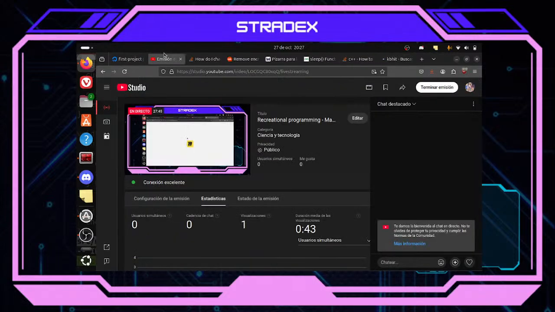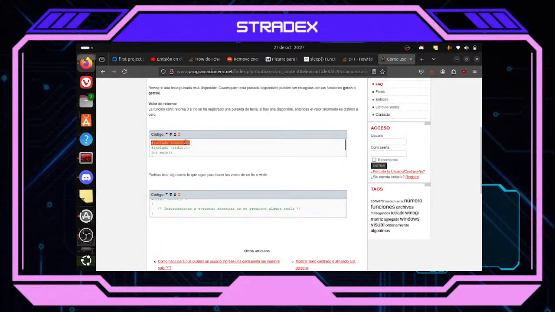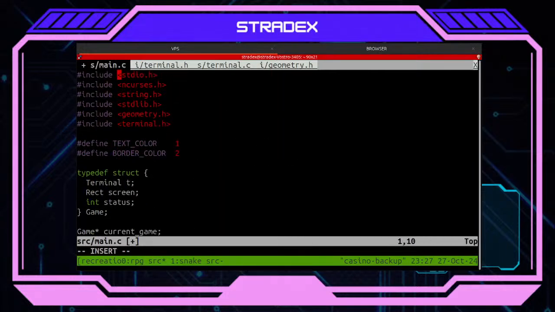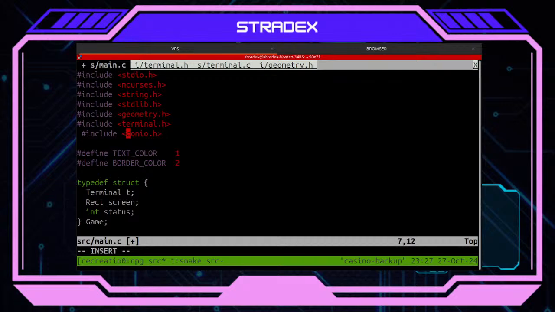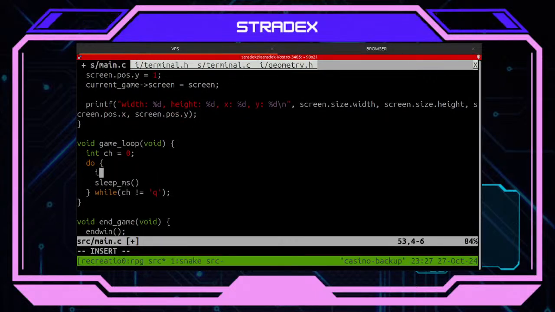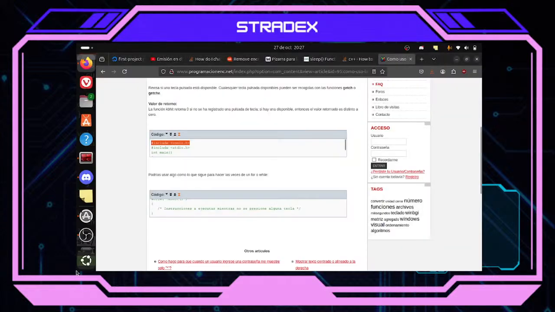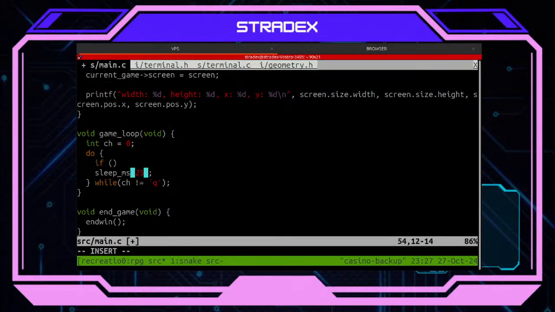Let's learn about this function here. Okay, it's used by this library, it seems. 50 frames per second is good enough for me.